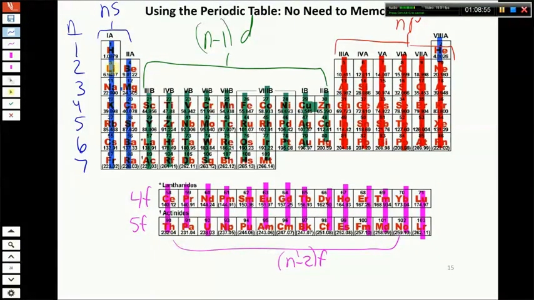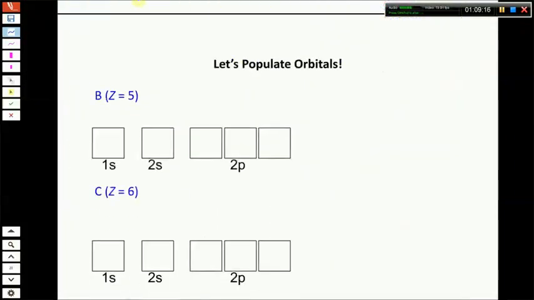After 1s comes 2s, so we have 2s1, 2s2, and then to get to number 5, we go over to this section. This is the 2p block. So that 5th electron goes into the 2p subshell. So again, it's 1s1, 1s2, 2s1, 2s2, 2p1. We stop because that's the element we're interested in. All right, so when we write that out, this is how we would write it, 1s2, 2s2,